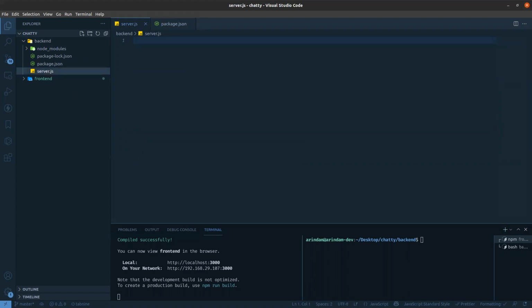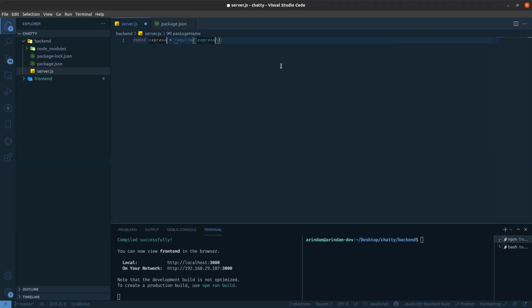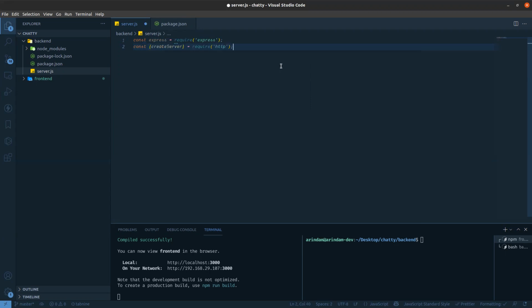Now go to server.js. Here we need to require express. We also require createServer from HTTP, which is already built into Node, so you don't need to install this package. Then from socket.io we need Server.